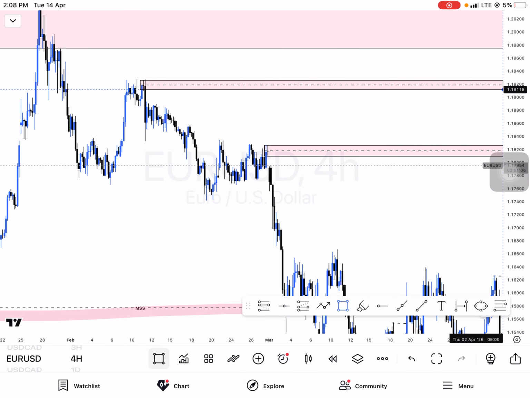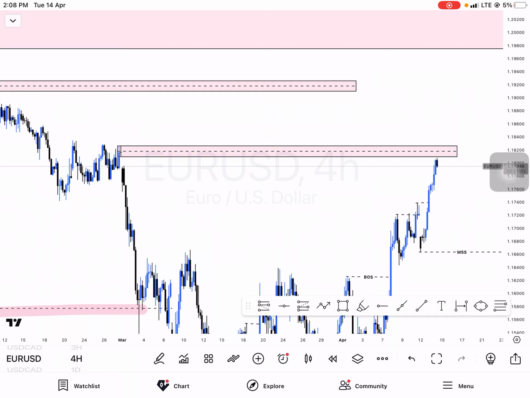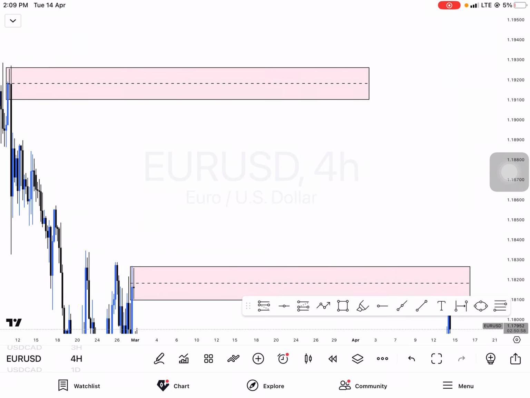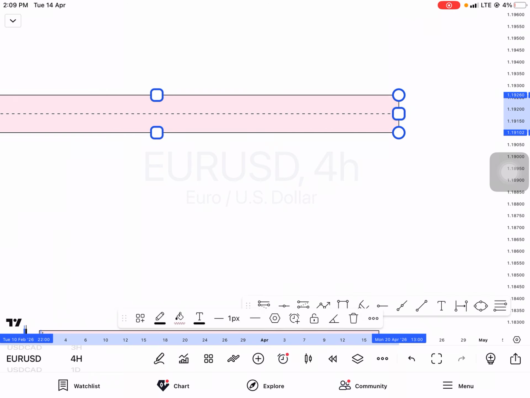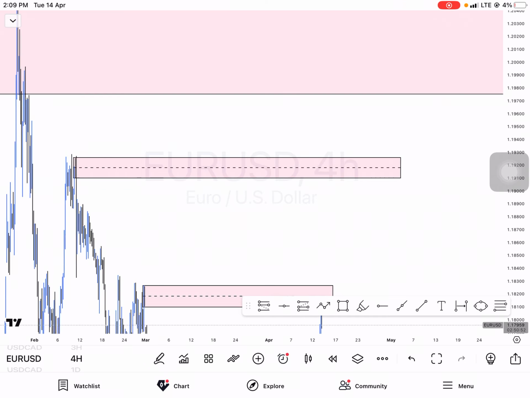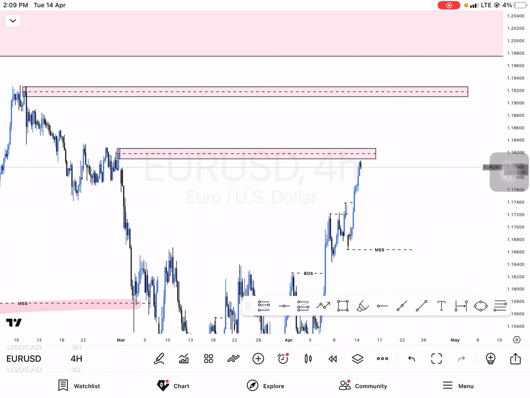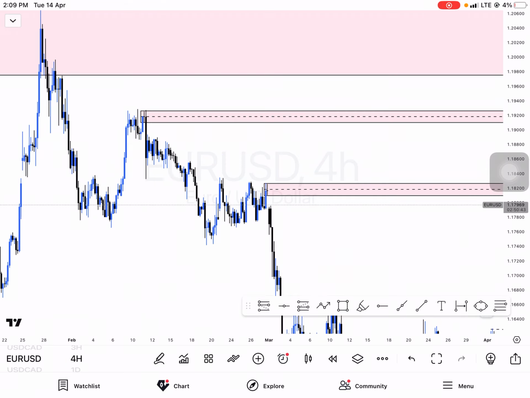You can see this order block here, guys, on a 4-hour time frame on Euro USD. You can see this fair value gap here. This order block. Let me draw this. Let me extend this. Okay, I think that's enough. Okay, look at this, guys. You can see that order block there with a nice fair value gap here,